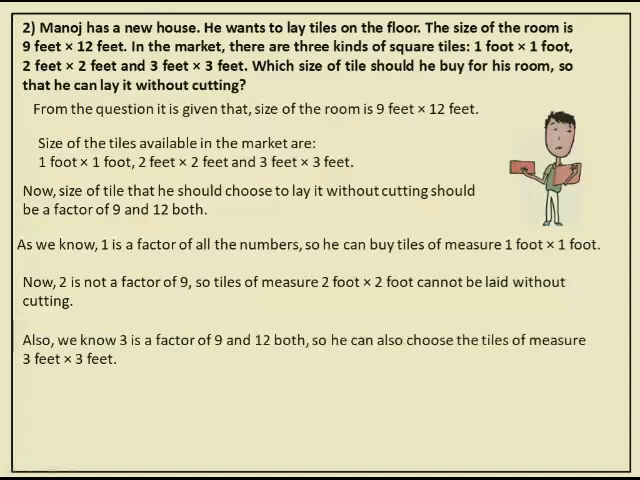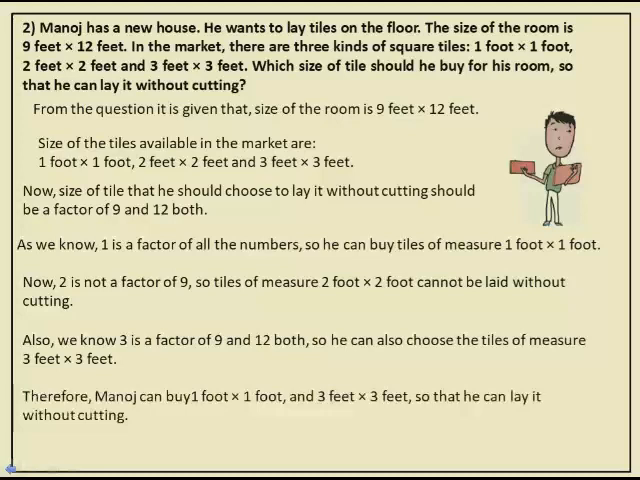Now, next we will take 3 by 3. We know 3 is a factor of 9 and 12 also. 3 fours are 12, 3 threes are 9. So, you can also choose a tile of measure 3 by 3. So, what all can you choose? 1 by 1, as it is a factor, and 3 by 3, as it is a factor of 9 and 12. But we can't choose 2 by 2 because 2 is not a factor of 9. Therefore, Manoj can buy 1 foot by 1 foot and 3 feet by 3 feet